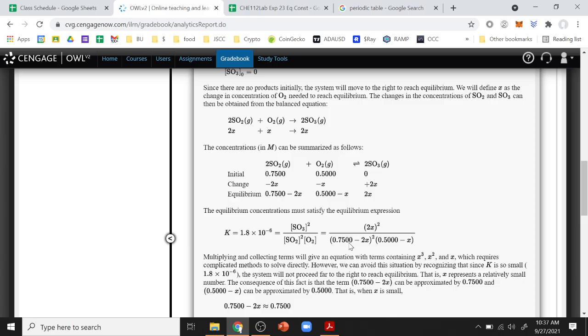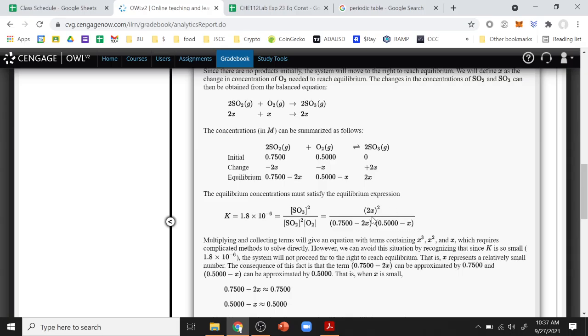if you took 0.75 minus a number in that order? Minus a 10 to the negative 6 number? You would just round it right back up to 0.75, wouldn't you? Wouldn't make any difference at all. So that's typically what's referred to as the 5% rule. If you have one number that's less than 5% of the other number, usually it's less than your rounding errors